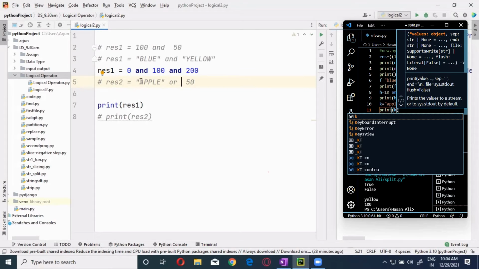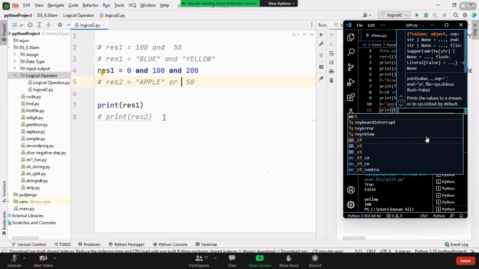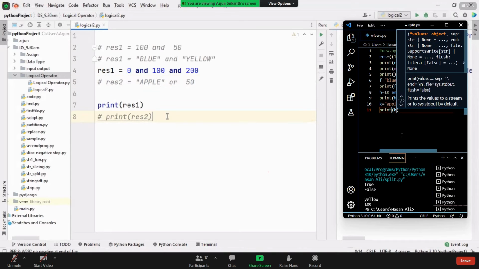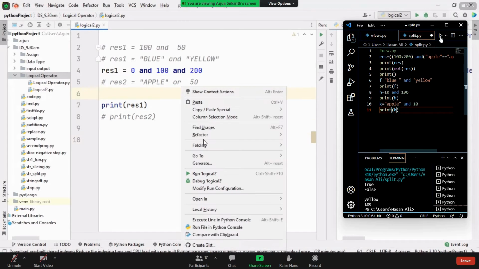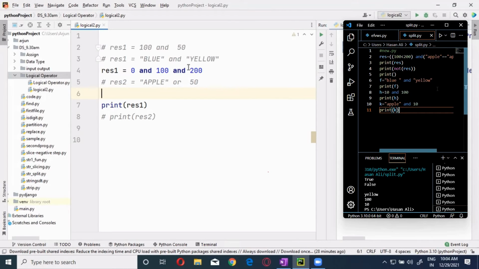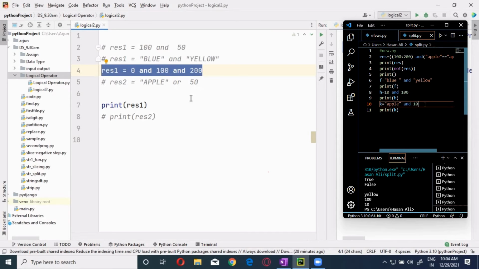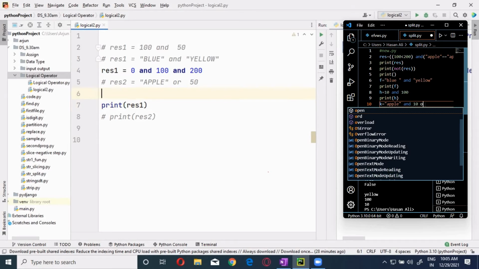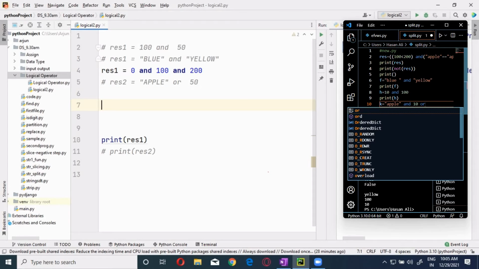Now, this is how you will be doing it, guys. If I run it, I will show it 0 over here. Okay. Now, if I am using OR over here, can I do the combination of OR? Okay, let me, it's too quick. Let me do it something like this.